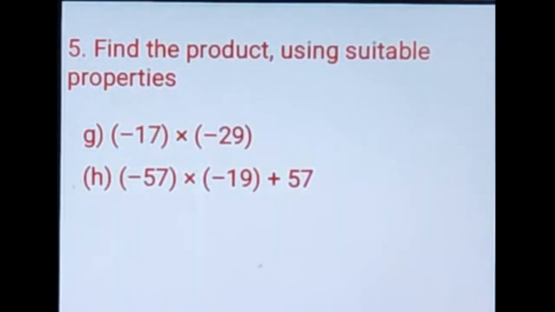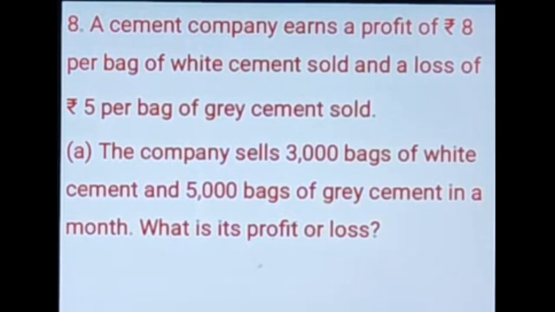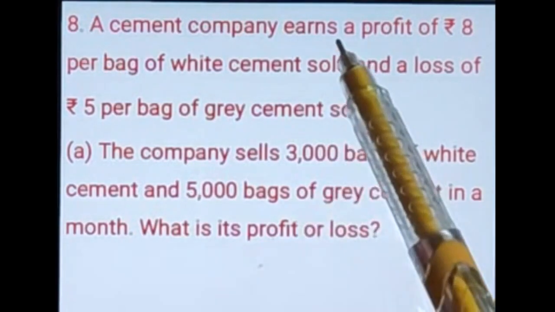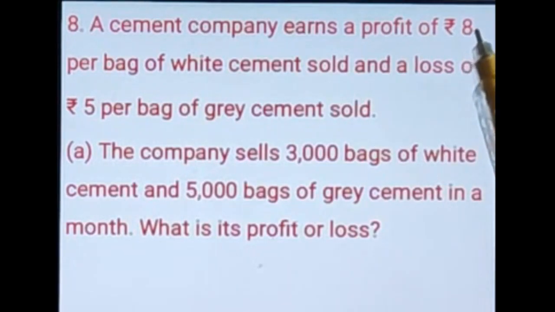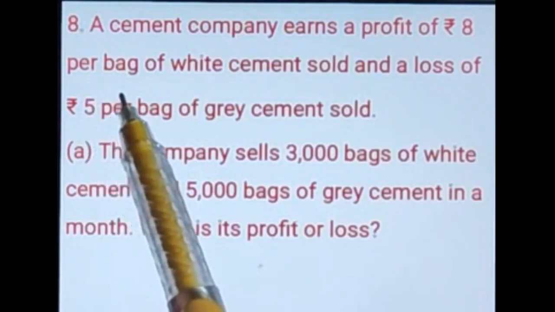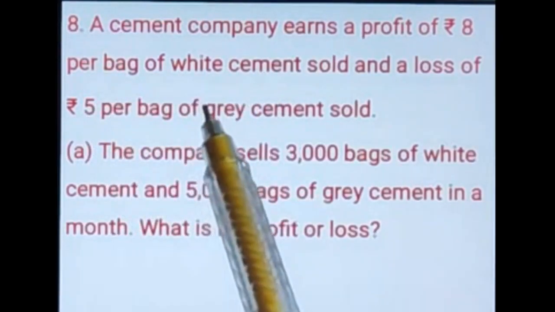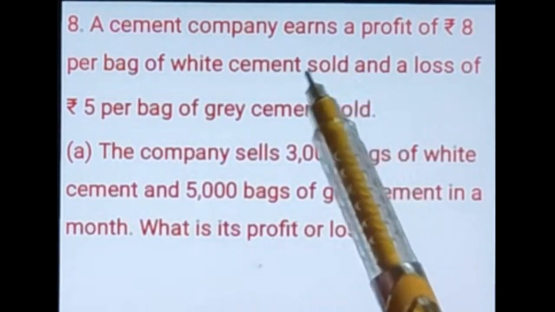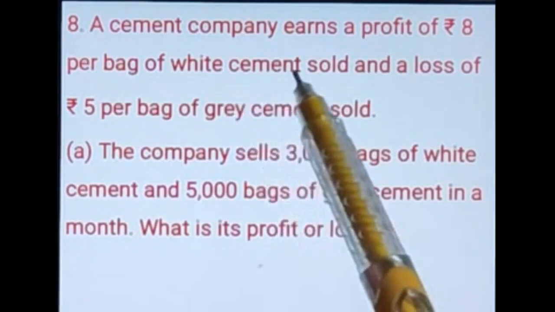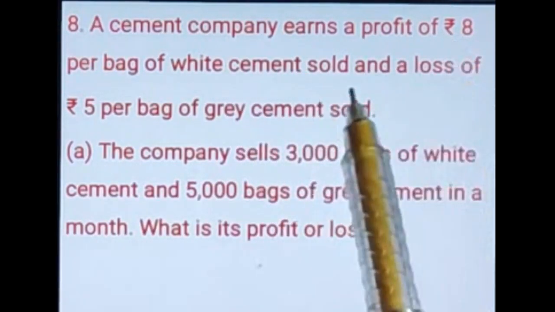So let us proceed to the next one, number 8. This was also a home assignment, right? So let us understand what is the question trying to say. A cement company, okay, there is a cement company which earns a profit of rupees 8. They are earning rupees 8 profit per bag whenever they are selling white cement. In one bag they are earning rupees 8. Okay, remember that. Whenever they are selling one bag of white cement, they are earning profit of rupees 8 and